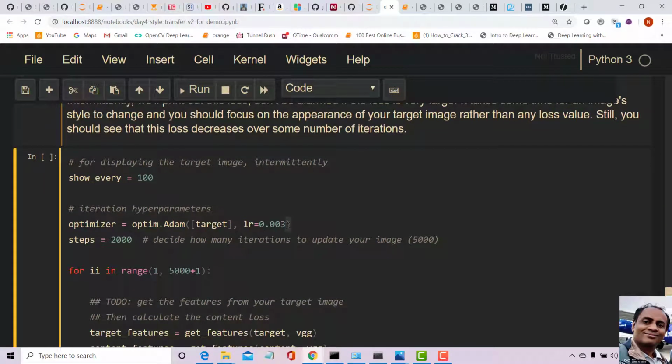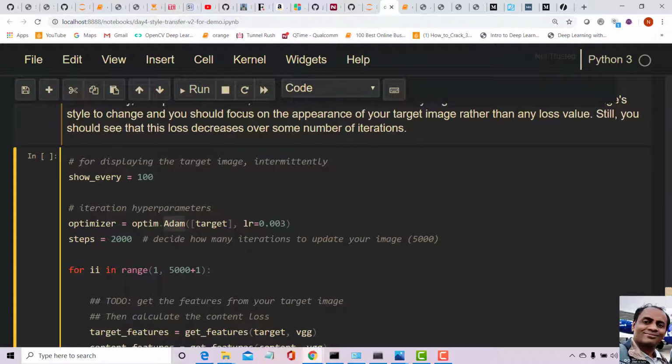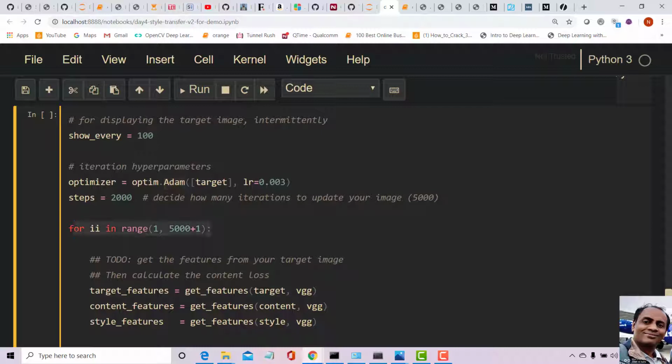And we need an optimizer here, right? The optimizer is the one which updates the gradients. So we have defined the optimizer here, optim.Adam, and note that the parameters of this usually are the parameters of the network, right? But in this case the parameters will be the image itself. So we're considering the entire image as the parameters and we're updating the weights of the pixel values of the image based on the gradient. That's very interesting, right? This is the training that is being done here.